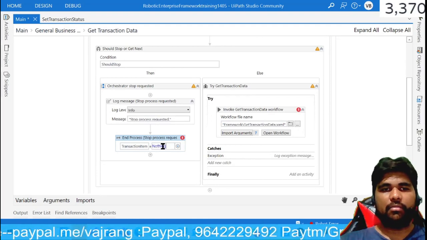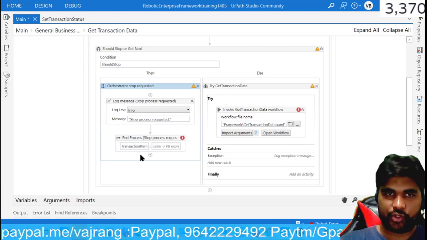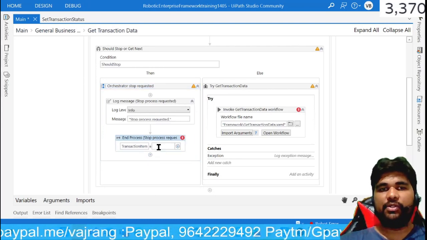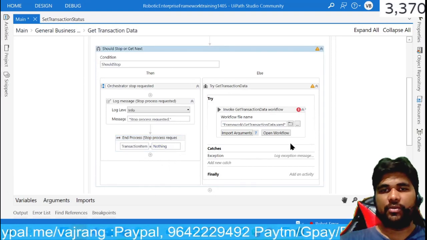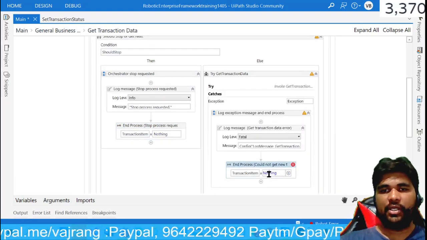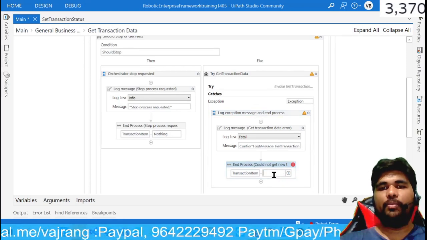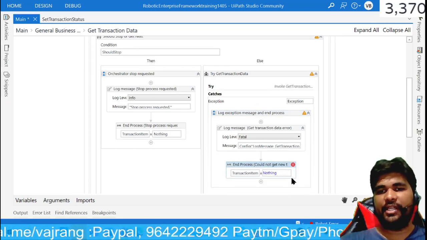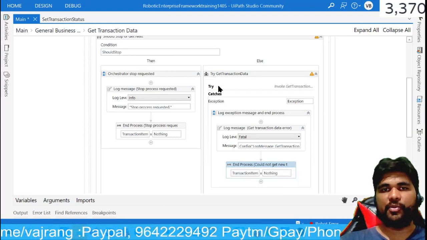So this transaction item is nothing, by default this is true, but while mapping this will throw an error. What you need to do, you need to just repaste it again. So all I'm doing here is copy the code, copy nothing, come out, go back, paste it. So it will be mapped again, and this error will be removed.